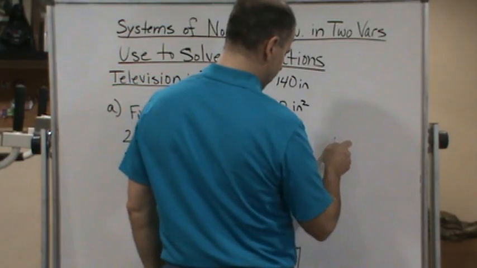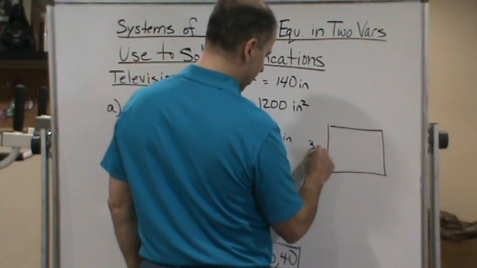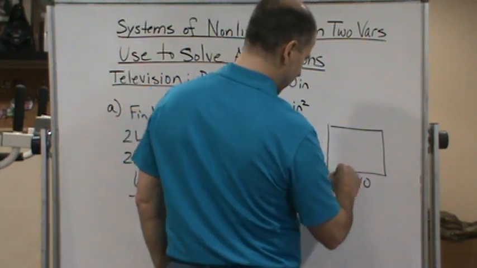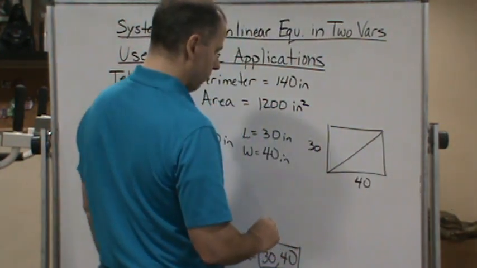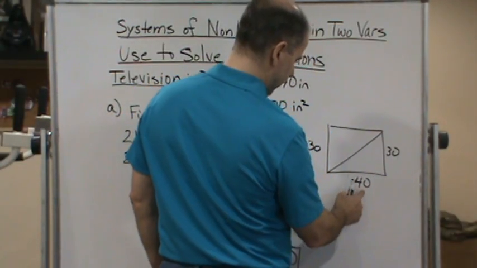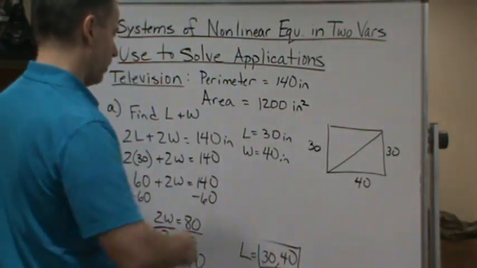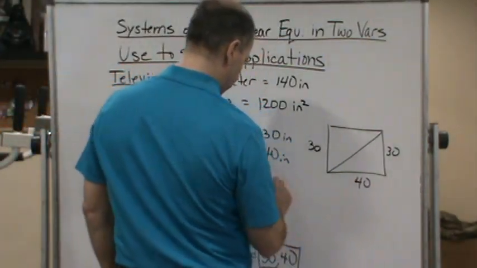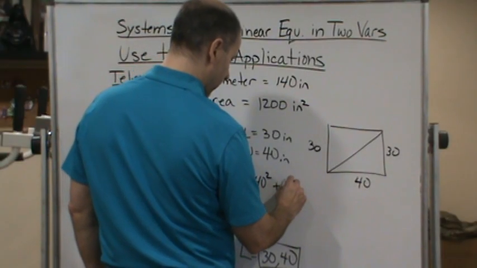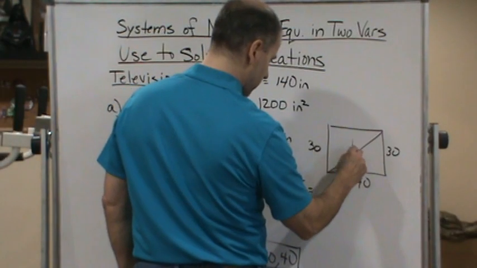If you look at the screen, we've got 30 inches here, 40 inches here, and the diagonal is there. We can find the diagonal by using the Pythagorean theorem. So it'll be 40 squared plus 30 squared equals, let's use D for diagonal, D